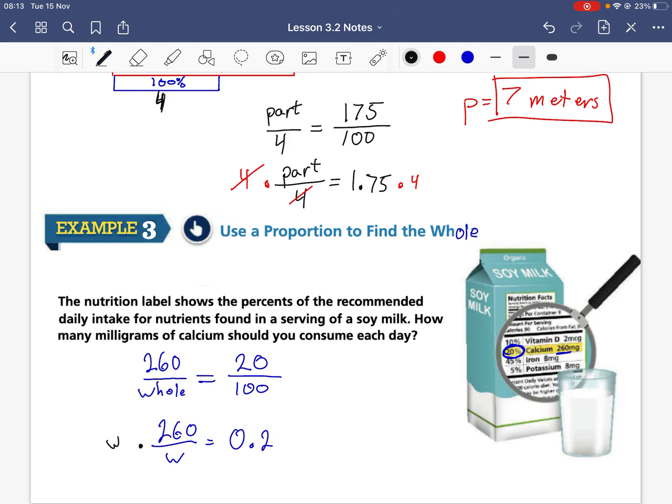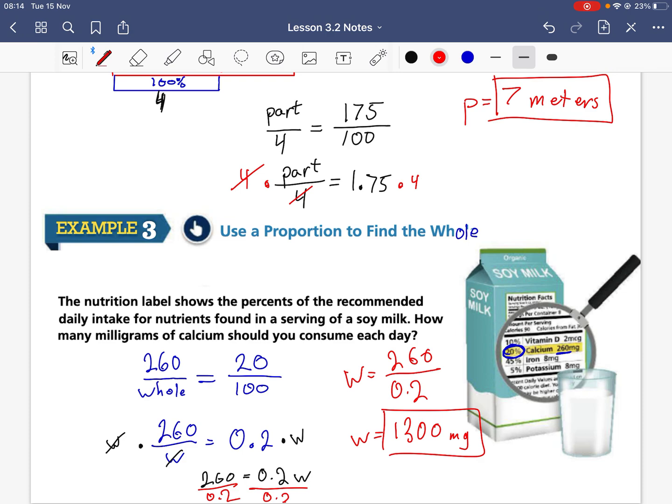We multiply this side by W. W over W is 1. So we have 260 equals 0.2 W, and then we divide both sides by 0.2. So W equals 260 over 0.2. I haven't calculated this one out, sorry. Use your calculator. 260 divided by 0.2, 1,300